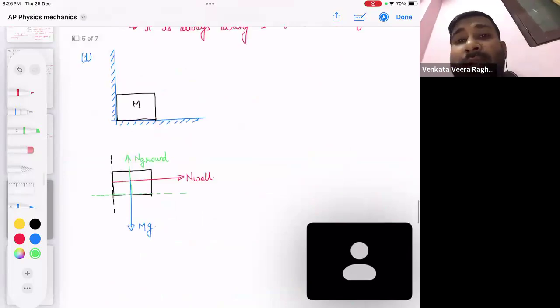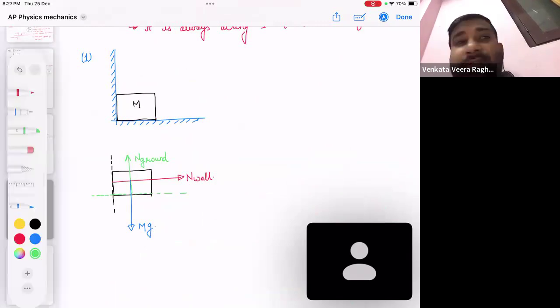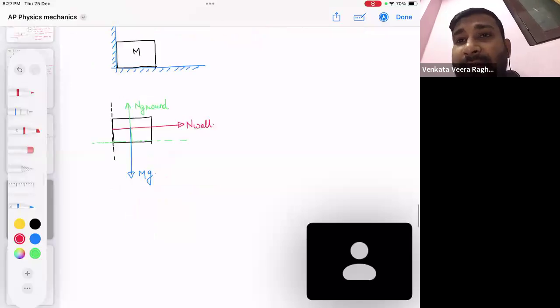So now if I want to show you what the action reaction pair is, let me help you. That's why I always prefer to explain what the action reaction pair is, because that is the simplest thing and at the same time a concept where most students make mistakes. So see, if I draw the free body diagram of the wall,